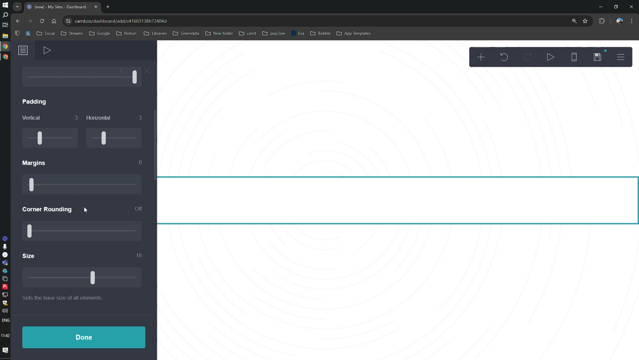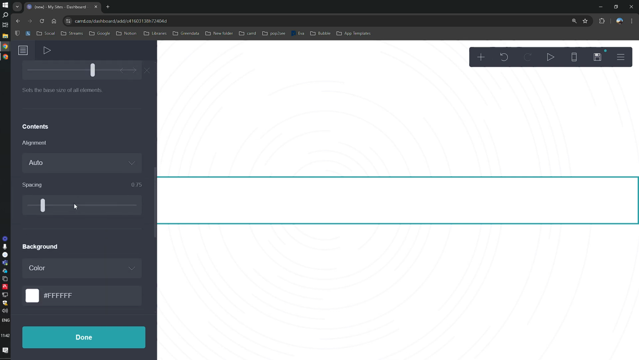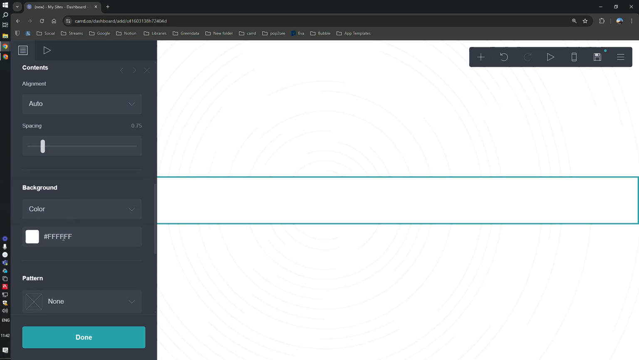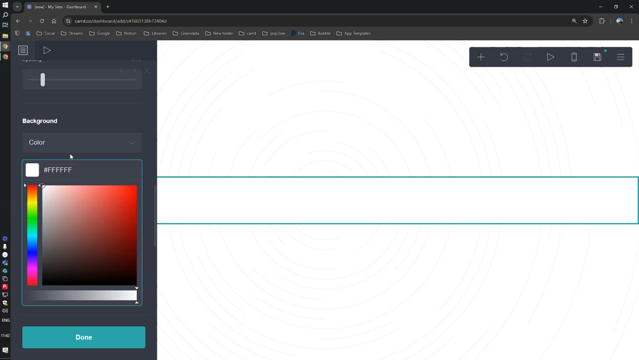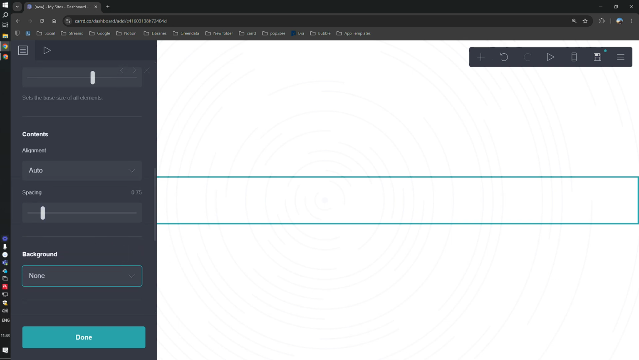Everything else looks great here, except for the color. So the color, we would like to remove it and set it to none in order to make the background image that we just added visible. So everything's done here for the page settings, and we are ready to create our first section that will be